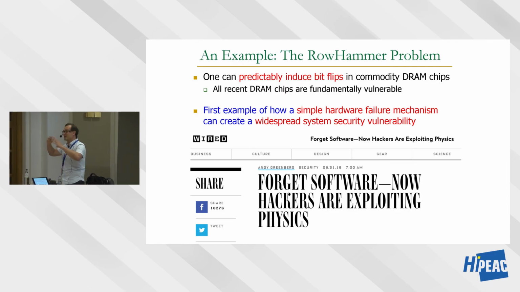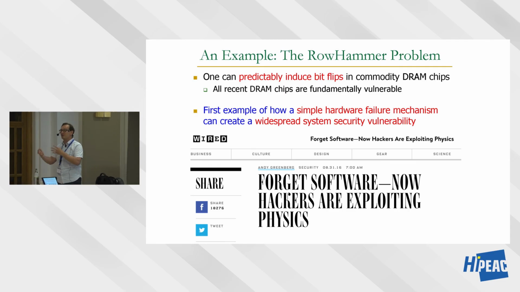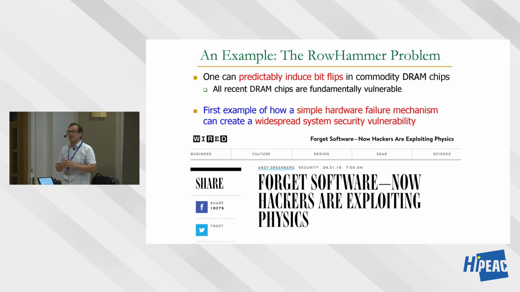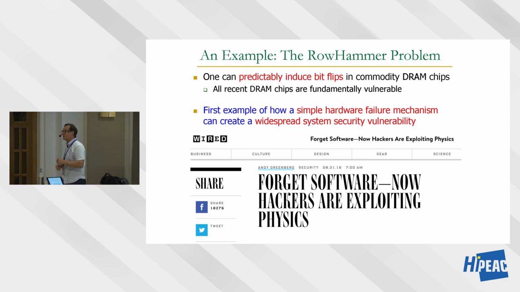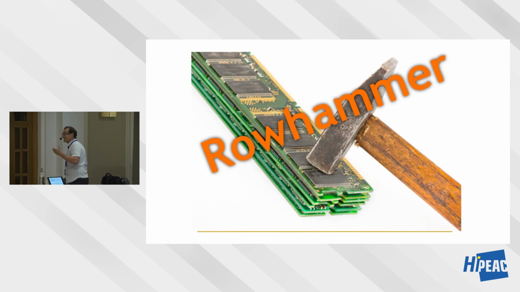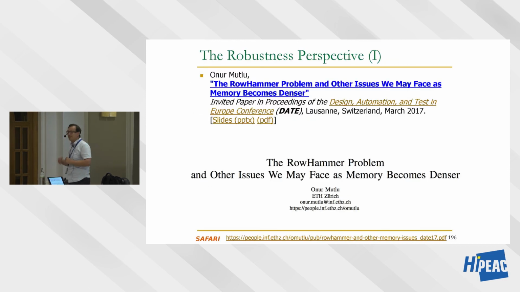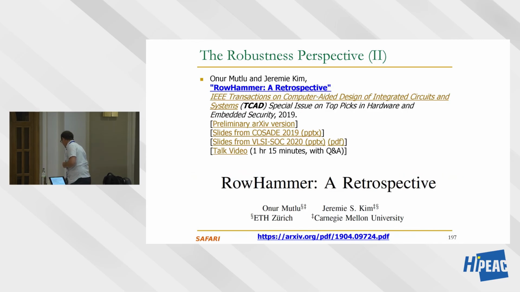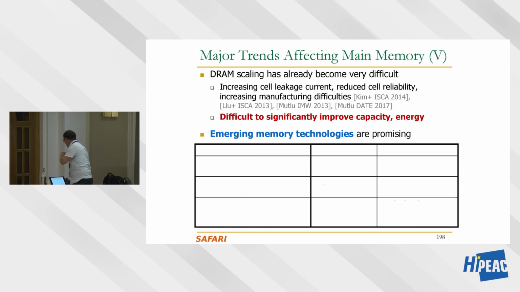So the security community has evolved, seeing that hardware has a lot of security issues, and that's becoming important. So a good chunk of the security community is actually working on hardware security today. I'll probably show you next. But this is our paper. I'm not going to talk about that right now. But these are actually robustness issues, essentially. Robustness is a big problem today in memory: refresh, Rowhammer, other types of disturbance issues that we will talk about, and other types of bit flips. Okay. I will quickly finish it, and then we'll go for the break.